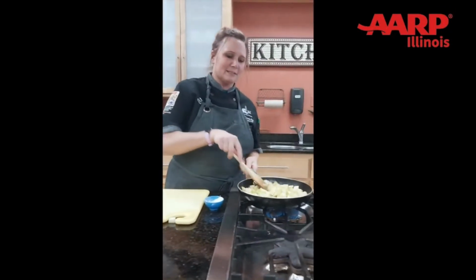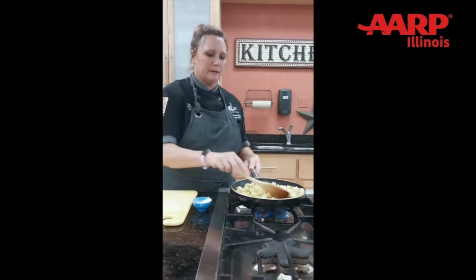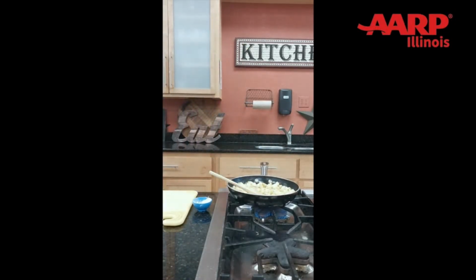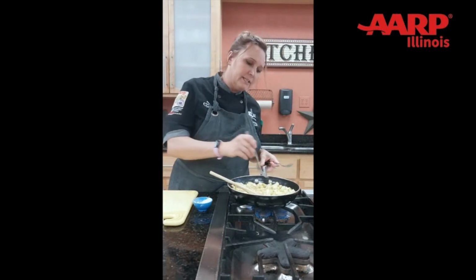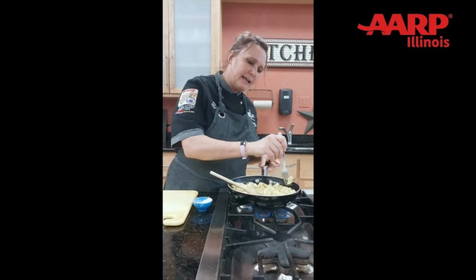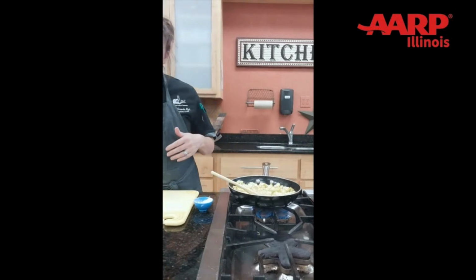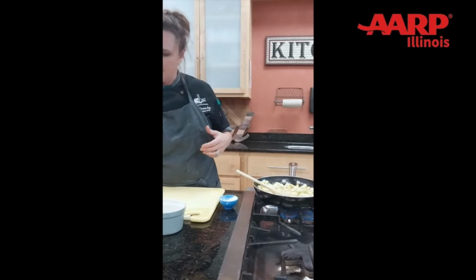All right, our apples look like they're softening up nicely. There's only one way to know, though, and that's to give them a taste. So I'm going to try my apples, see how they are. See if I want them to cook a little longer. Ooh, so they're just barely tender. They have a little bit of crunch to them, and to me, that's exactly where I want them to be. Then they can finish their cooking process in the oven, and they'll be perfect by the time they come out